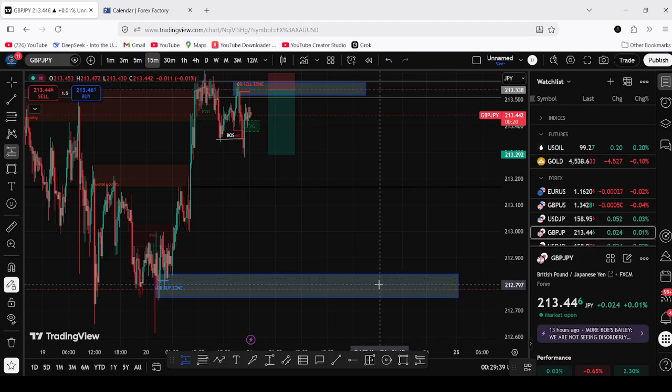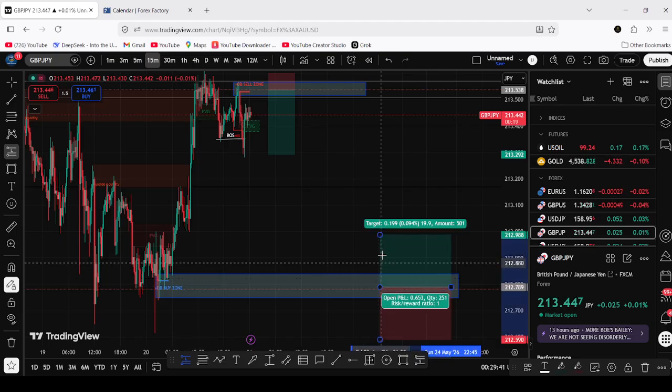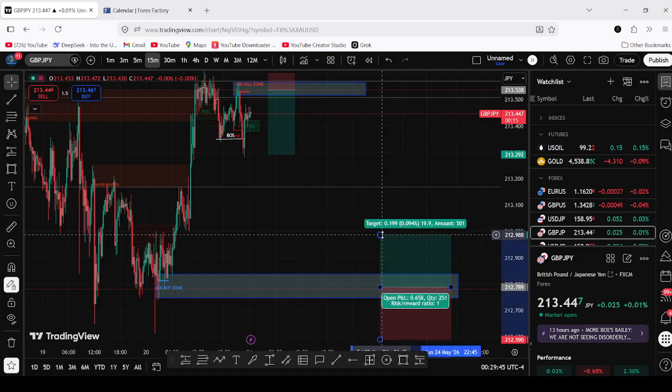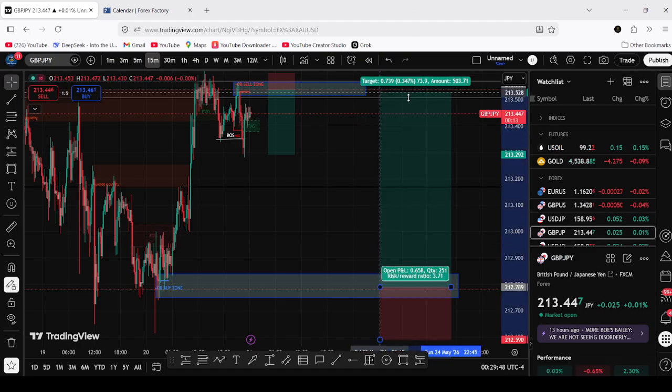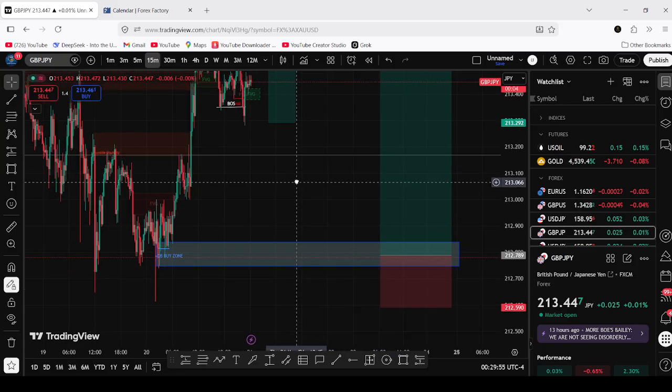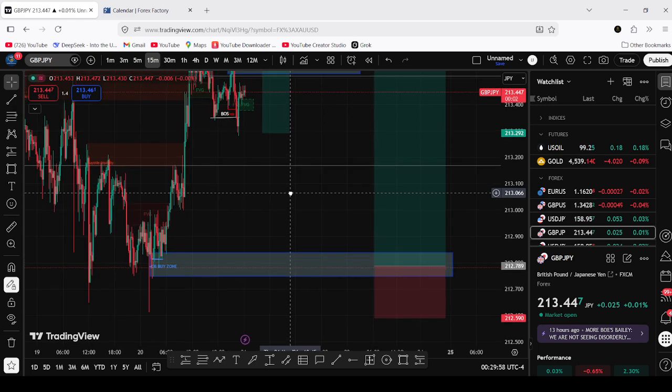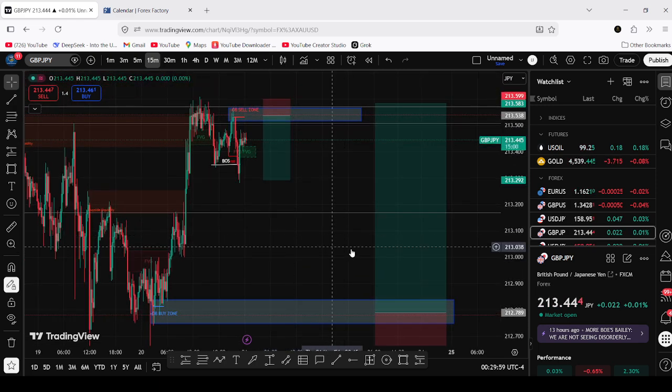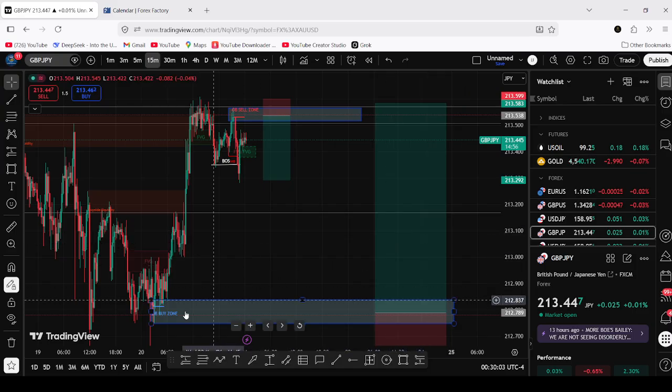And when you buy at that location, you are going to target the highest point the market reached. So if it reached here, that's the zone that you are going to target for the buy position. So that is a good long-term trade that can give you some good numbers of dollars. So at the end of the day, it will give you something. So that's the buy zone. This is the sell zone. And if the market breaks below this point,